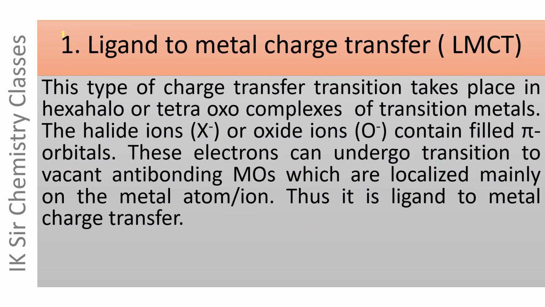First of all, we will see ligand to metal charge transfer. This type of charge transfer transition takes place in hexahalo or tetraoxo complexes of transition metals. Hexahalo and tetraoxo complexes of transition metals exhibit LMCT. The halide ion, that is X minus ion, or oxide ion, that is O2 minus ion,